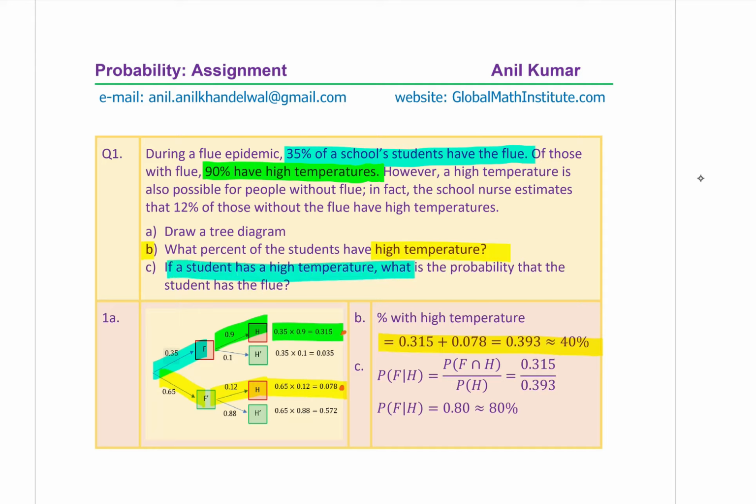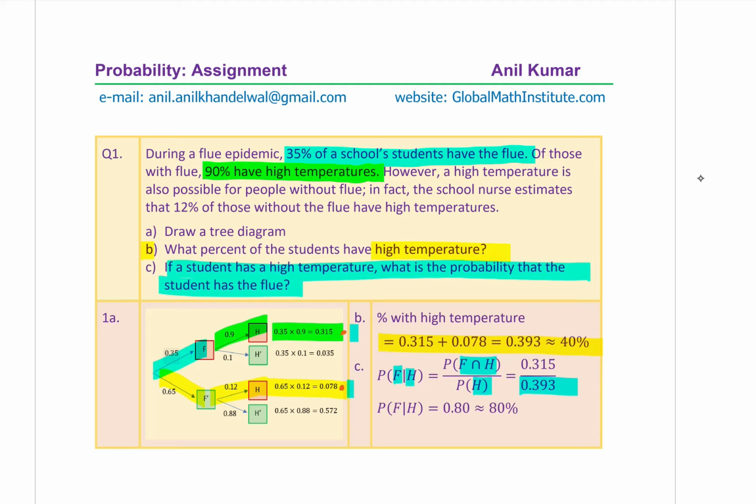Now the next question here is: if a student has high temperature, what is the probability that the student has flu, right? So now we have high temperature because of two reasons, right? So which ones come from the high temperature and flu combination? So that is a conditional probability. So we need to find that given that the temperature is high, out of that, how many have flu, right? So it is the probability of flu intersection high temperature divided by the probability of high temperature. So we know by adding up, as we did in the first case,